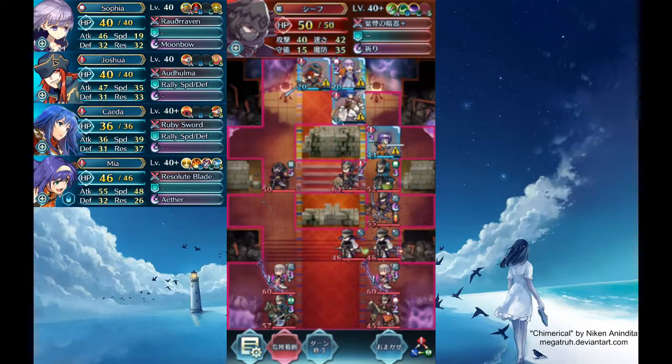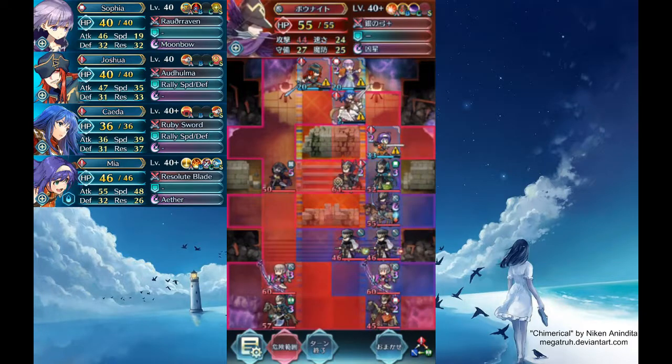The reason I have to 1 round KO him instead of just being able to counterattack is because while he would ideally be able to attack Mia, he cannot because the sword's in the way, blocking that spot. So the Bocav would attack first. This guy would attack first because Mia cannot counter. And then